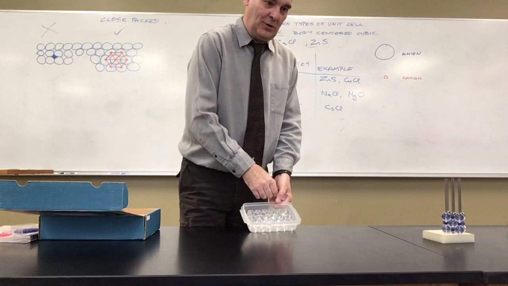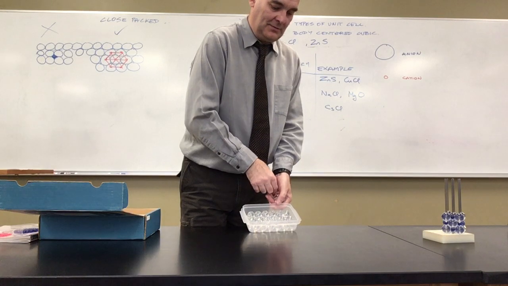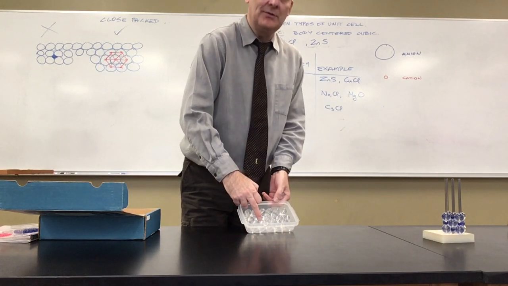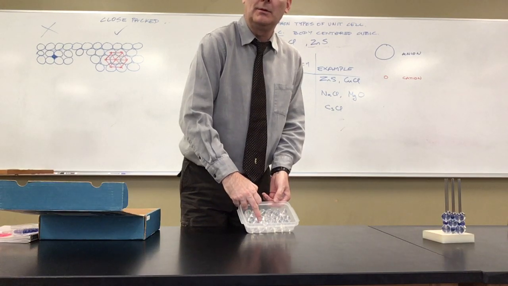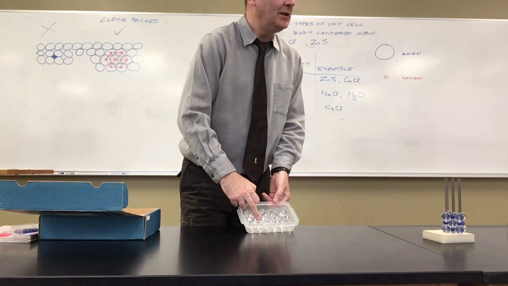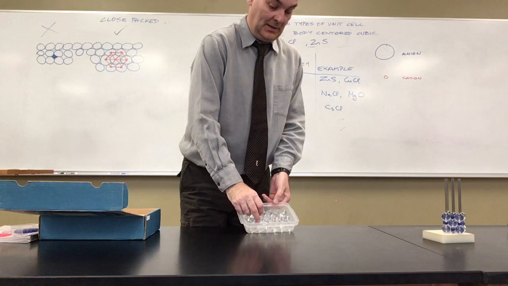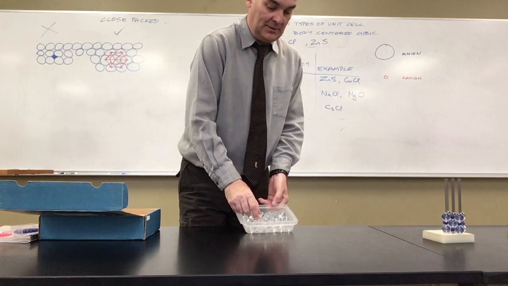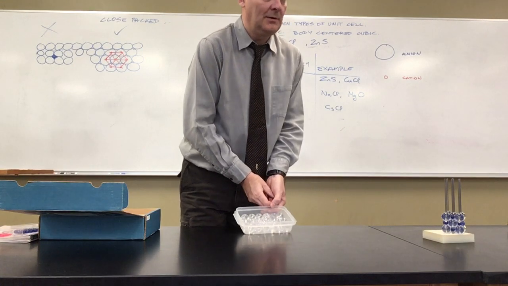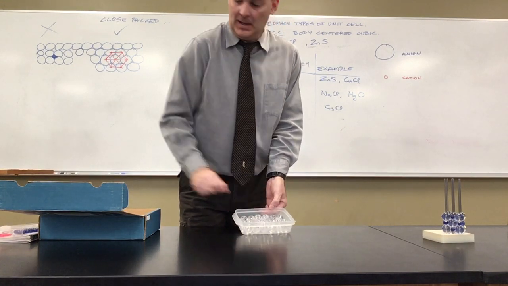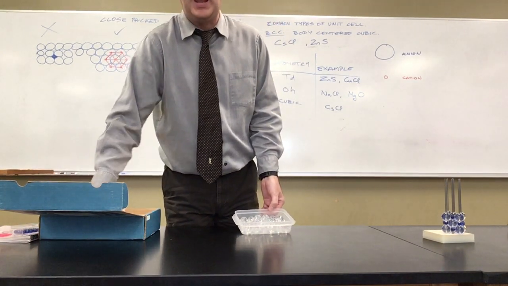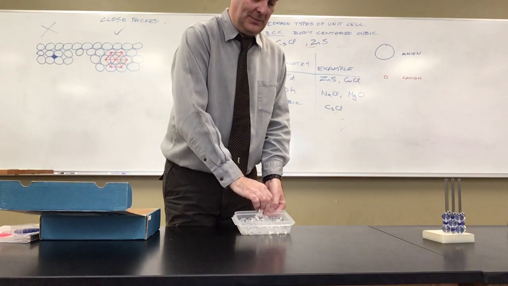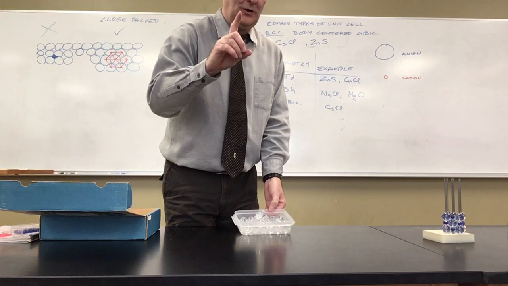My next row goes in, and it sits in the dimple of the spheres below it, and it will form its own hexagon on the next layer up. And then the layer on top of that will sit in the dimples. Only